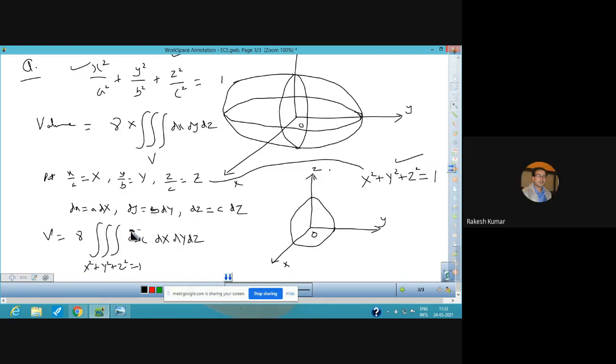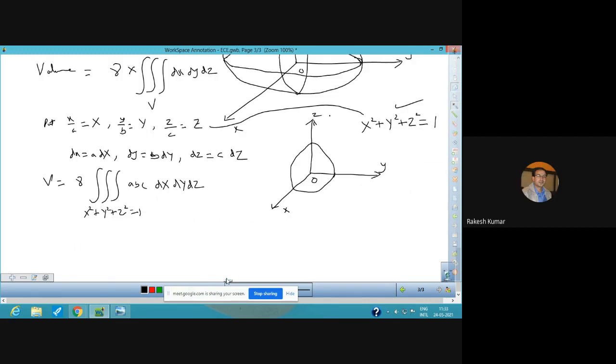Now we have just done a related last question. You can do this evaluation either by changing it into spherical polar or into cylindrical polar. So let us change it into spherical polar form. Spherical coordinates will be used here. You can do it by any method. So put x is equal to r sine theta cos phi, y is equal to r sine theta sine phi, z is equal to r cos theta.